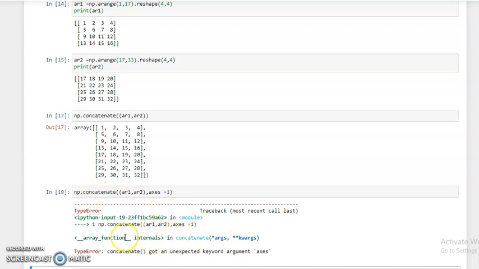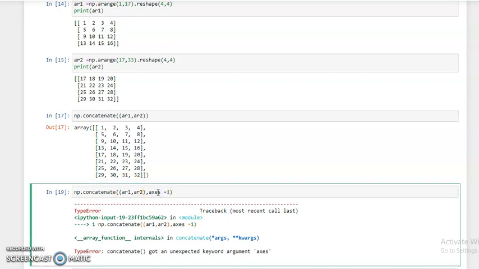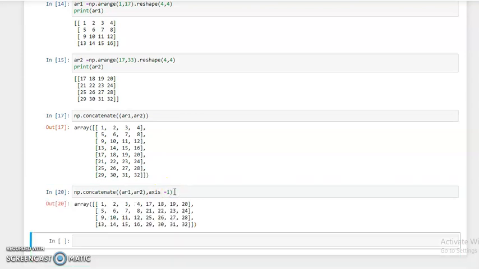Okay, here see the error, np dot concatenate. Okay, this spelling is a-x-i-s, axis equal to 1, and then run. Okay, you can see here the concatenation with row wise. It means the first row of array 1 and the first row of array 2 are concatenated.